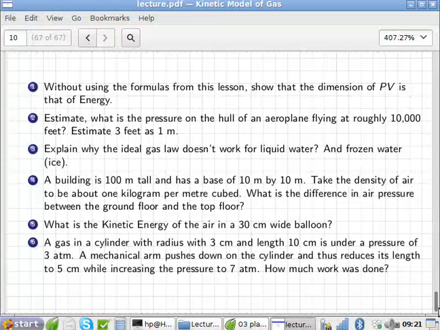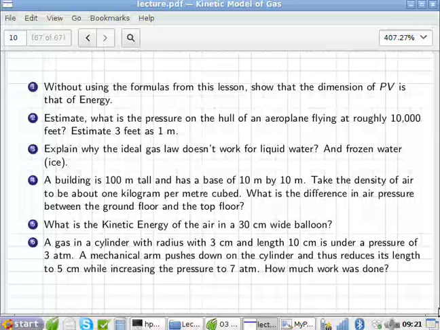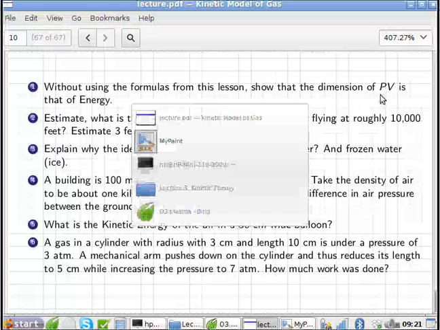I stuck in 2 extra questions, but I'll do them anyways now. So what I didn't give you last week, which isn't too difficult, I wanted you to get the unit of PV without using the formula from the lesson. Okay, so